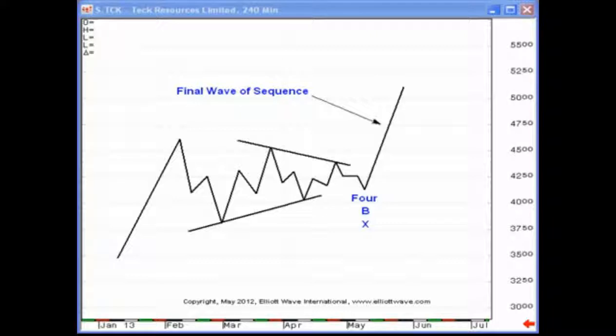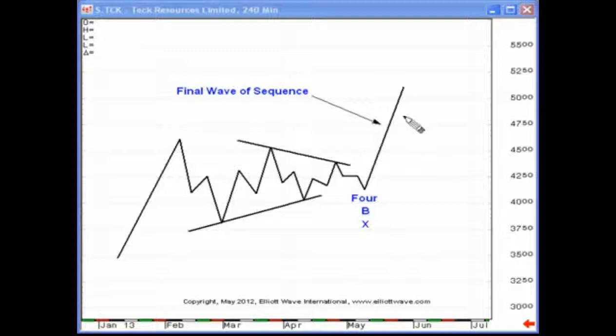So we'll go ahead and get started with today's episode of Elliott Wave Junctures. And we're going to continue our talk about triangles. Now today I actually want to talk about a little bit more specifics. If you recall from yesterday, we talked about the various types of triangles: contracting triangles, expanding triangles, and barrier triangles. Today we're going to talk about where they can form. We're also going to be talking about the moves that follow the triangle. And also I'm going to be showing you a technique called a triangle thrust measurement technique. And that's going to be utilized to identify a high probability target for the thrust or the move that actually